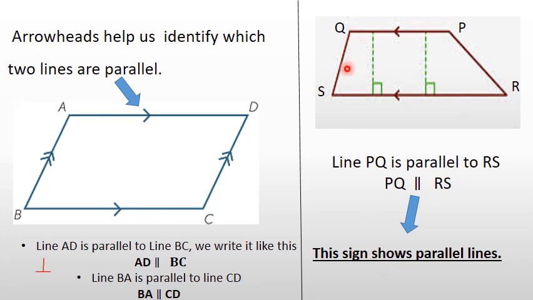If I consider this and this, you can see that these two lines are not parallel because they are meeting. And the second thing is that these two lines are not even perpendicular because the angle here won't be a right angle. So these are not perpendicular, these are not parallel.